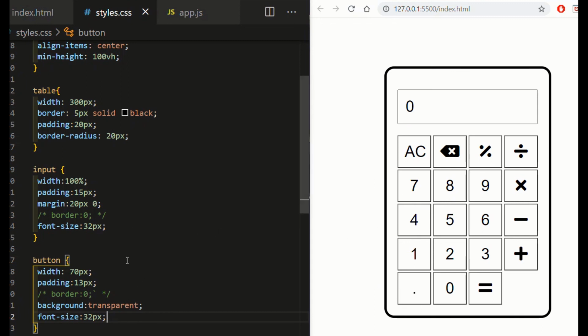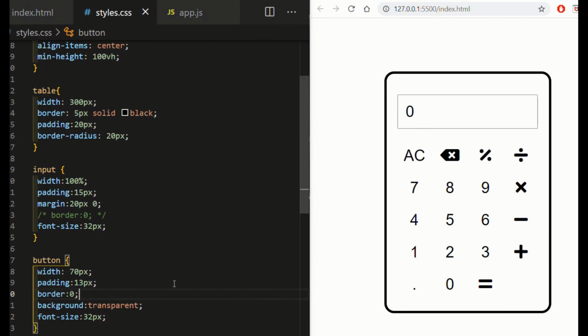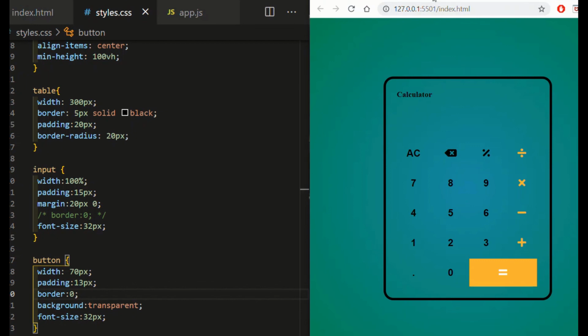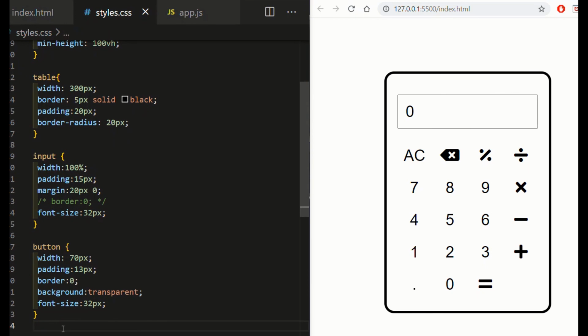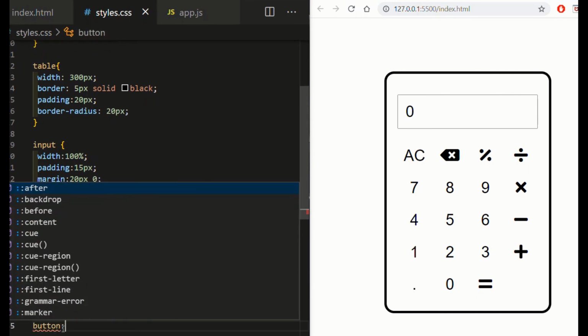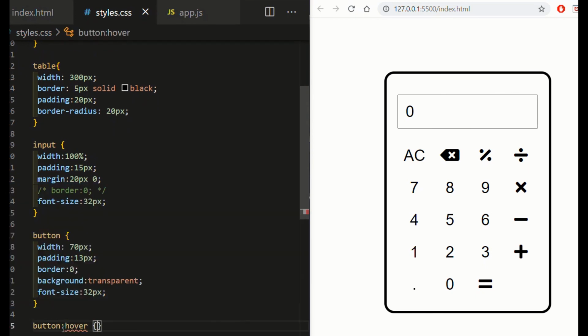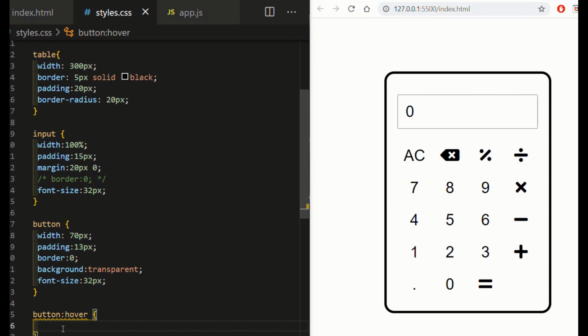So if I would take off the border for this one, okay, now we got everything. Do we need anything else? Oh, we have the default, right? So we have everything, and then okay, we have something for when we are hovering on the button. So whenever I'm hovering on the button, I should have the